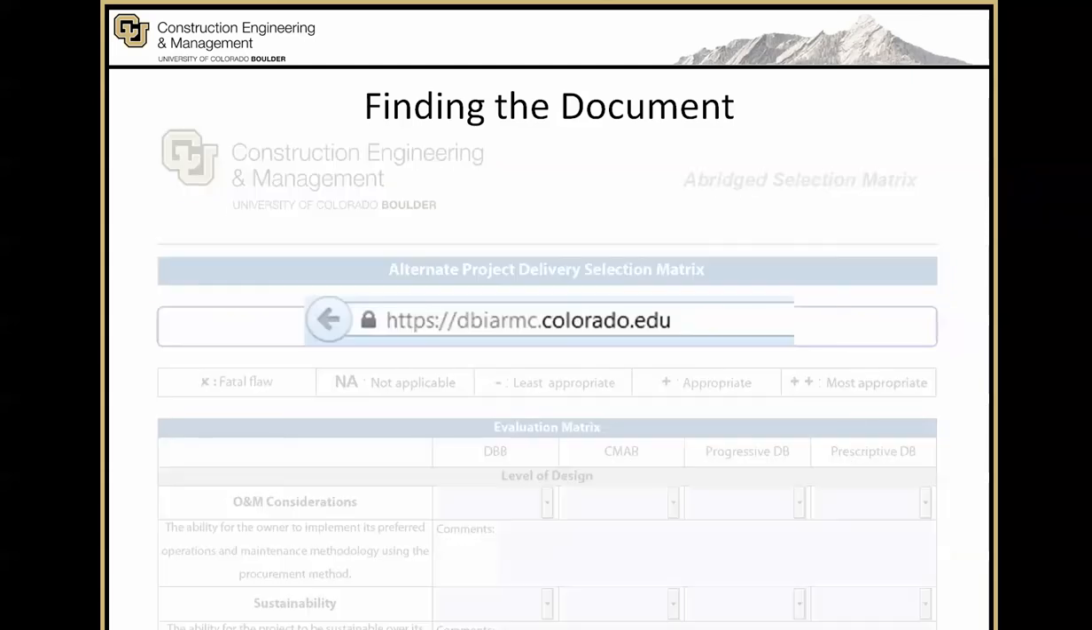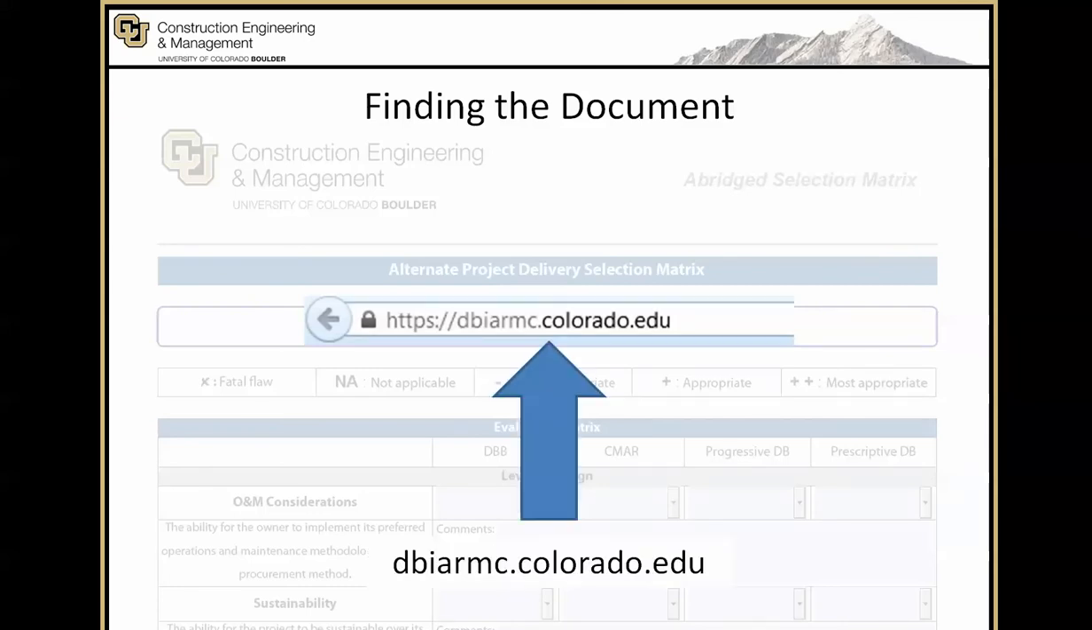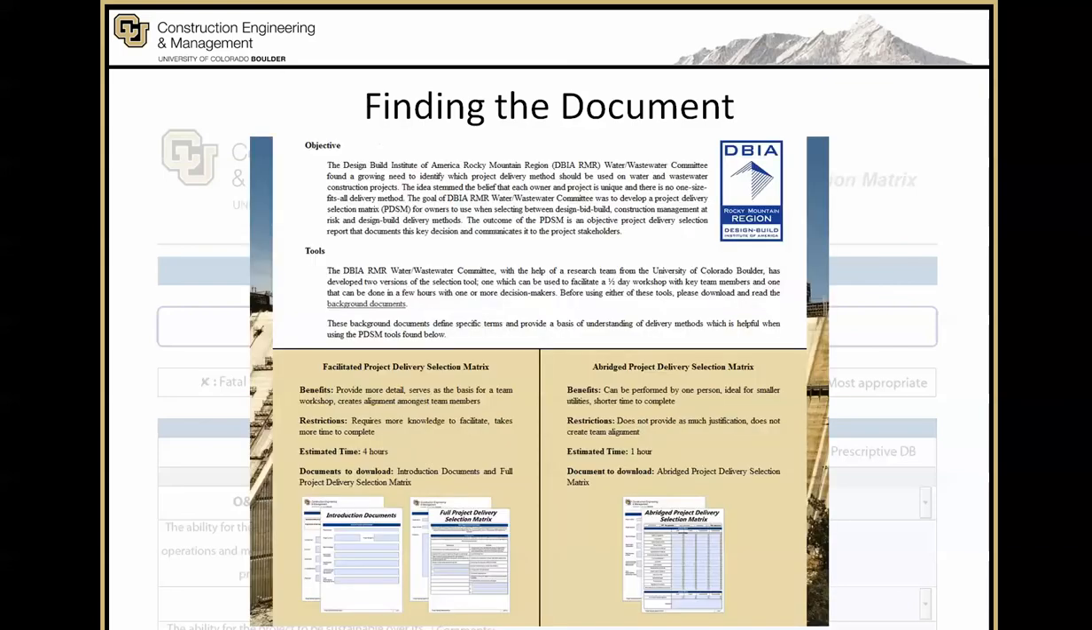To access this document, you can open up any web browser and type in the URL tab dbia.rmc.colorado.edu. This will bring you to our homepage. As you can see, we have the objective of the research and then a quick explanation of the tools. In the tools section, please make sure to click on background documents and read those documents. These background documents define specific terms and provide a basis of understanding of delivery methods, which will be helpful when